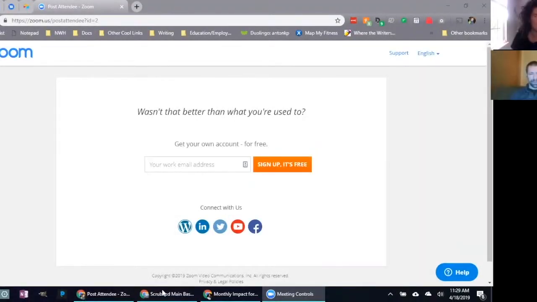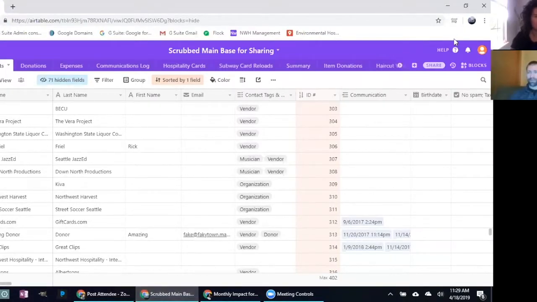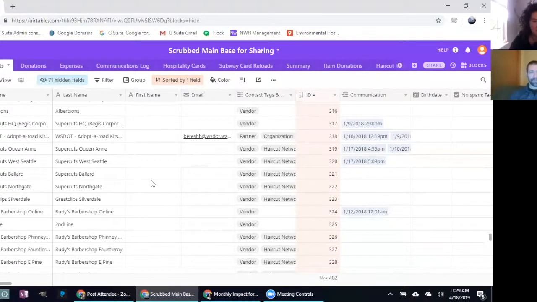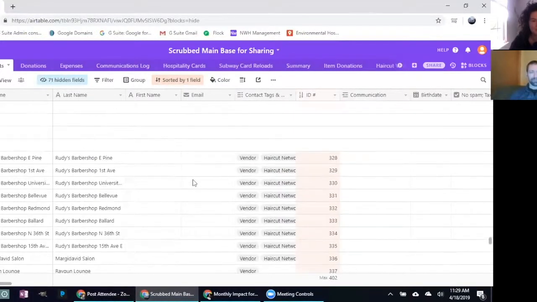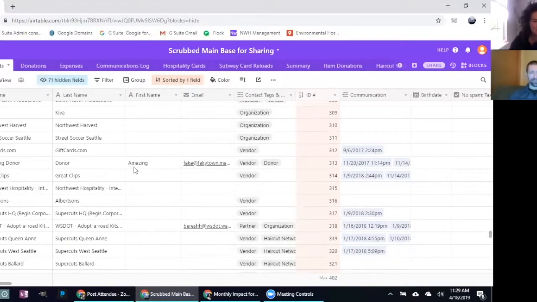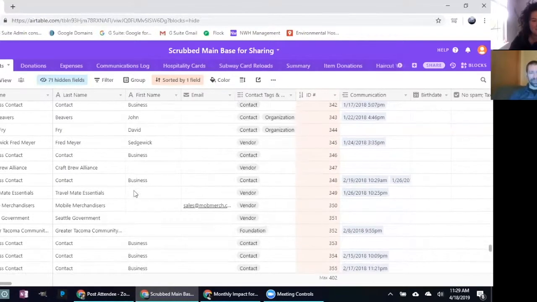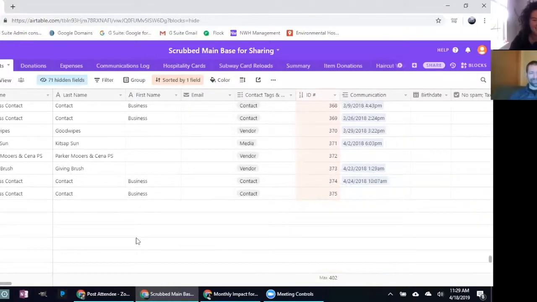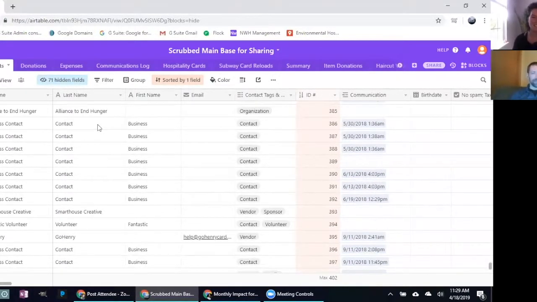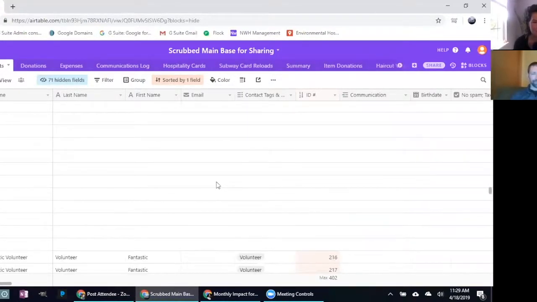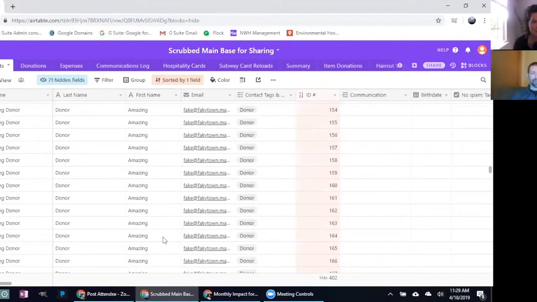Okay, so here's our main hospitality management database. I've scrubbed it. I left all the vendor information in there because I don't care if you see who kind of supports us, but all of our donors' names have been changed to Amazing Donor, and all of our volunteers have been changed to Fantastic Volunteer. Nice. So all the addresses have been removed and everything. So this main contact management page,